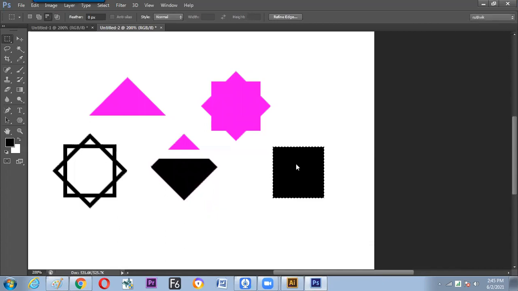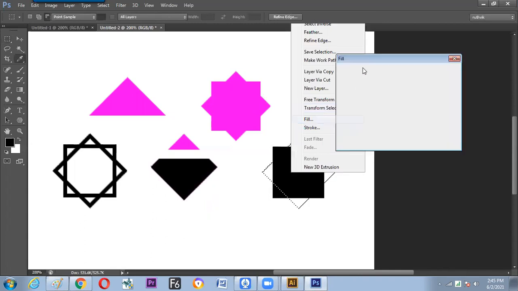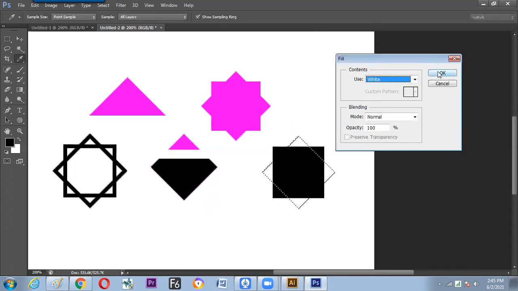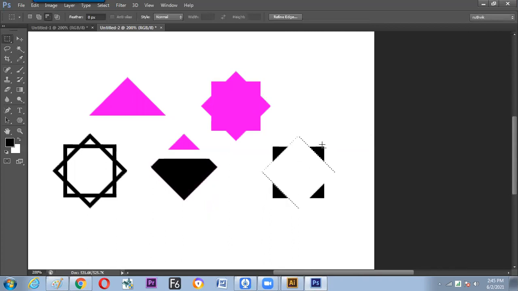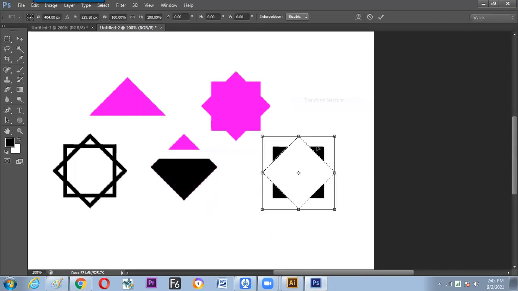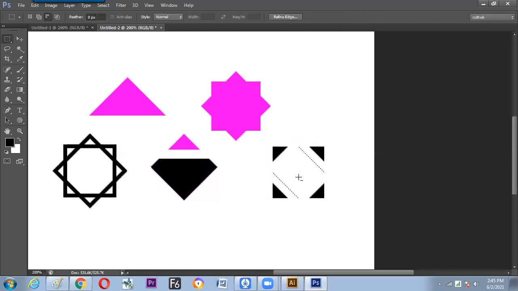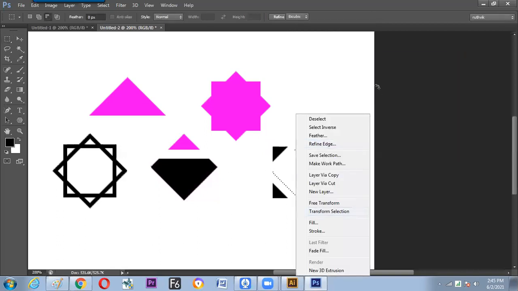Now Alt S T, get it 45 degrees and press the enter. Now fill the white color rather than any other color, environment color. Then what I've seen, the triangles are created. Now get it transform and you can scale it down. How to scale? Yes, we have learned now, by dragging the edge or else from the corner with Alt and Shift. If you're dragging, then you can scale down from all the sides equally. Get it done. Switch to the option, fill it up and fill the color black.